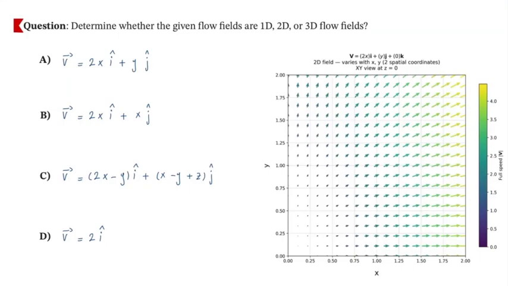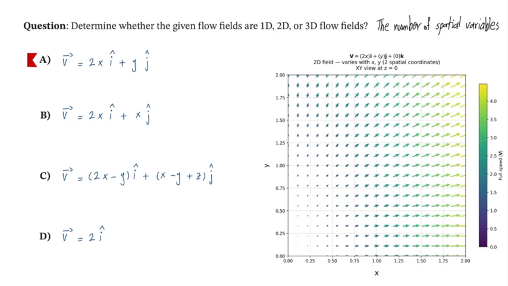Determine whether the given flow fields are 1D, 2D, or three-dimensional flow fields. In fluid mechanics, the dimensionality of the flow field depends on the number of spatial variables that define that flow field. Let's move to item A, which is given as V is equal to